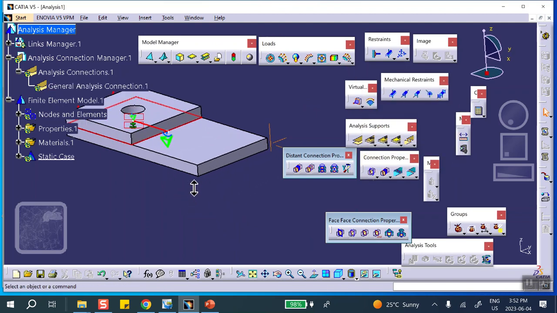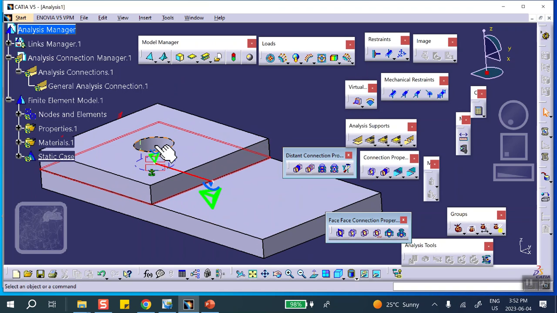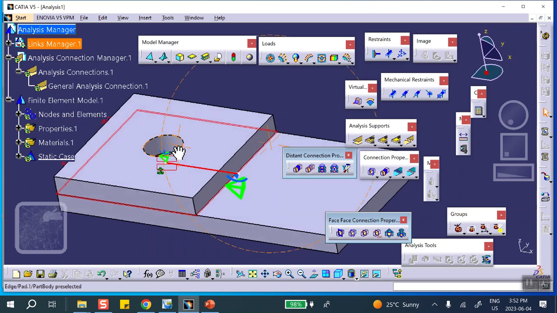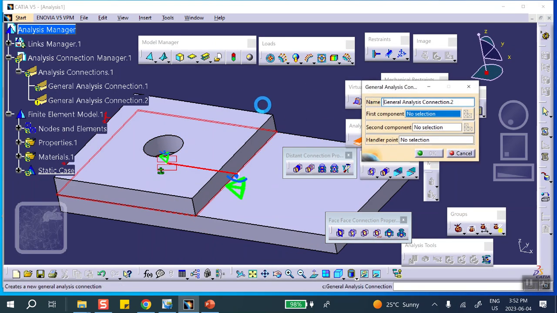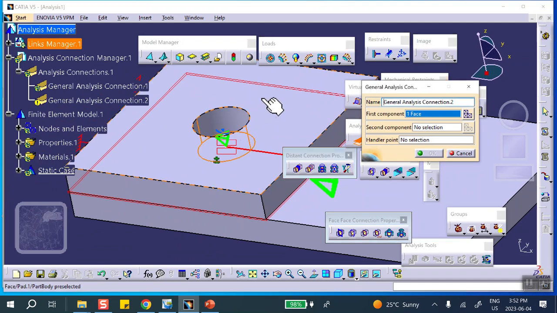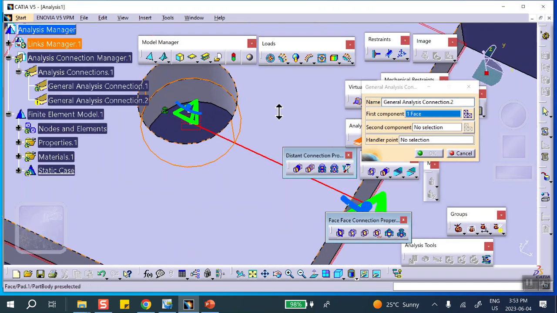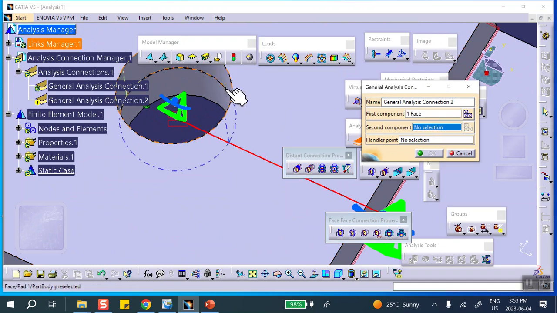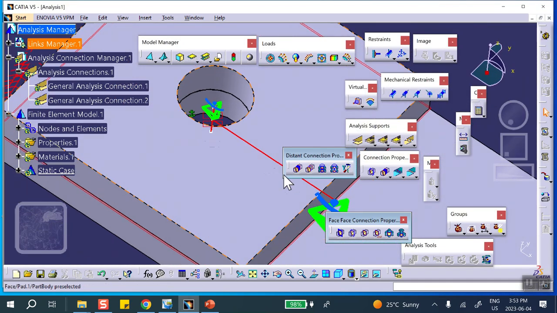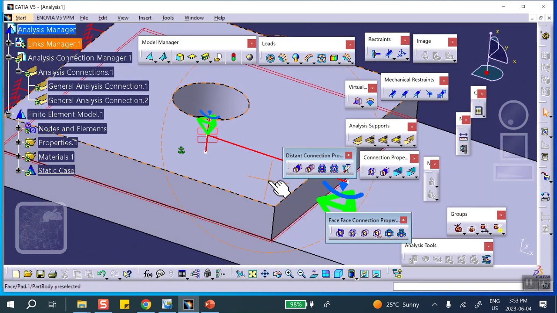Now, I don't want to model the bolt, but I want to model a virtual bolt or a virtual screw if you want. So I need to create a connection between, since I don't have bolt heads and all that stuff, the top face of this and, for the second component, the bottom face of that. Okay. Now this is going to be my virtual